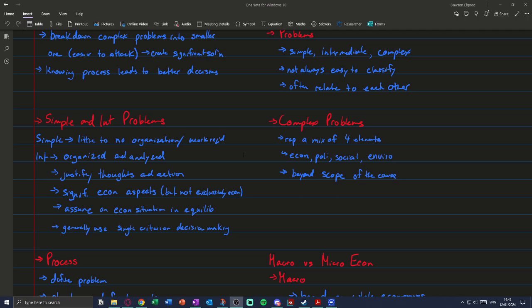So you have to assure an economic situation in equilibrium. So I'm not entirely sure what that meant. I think it's just you want to have it balanced so that it's able to